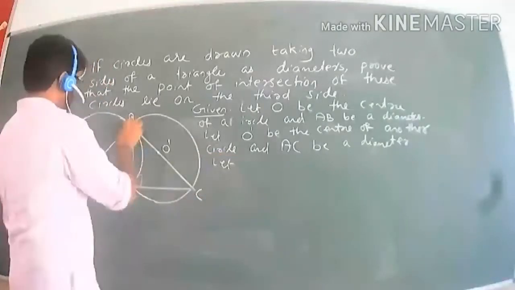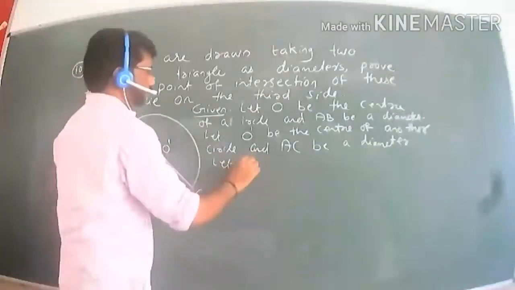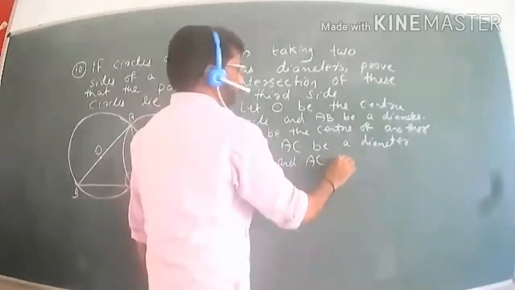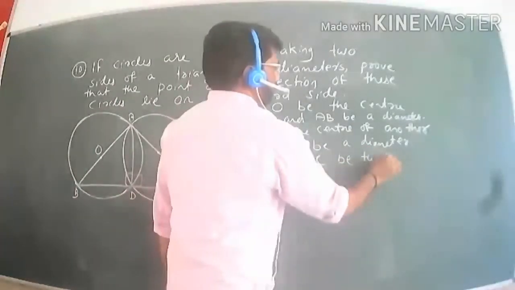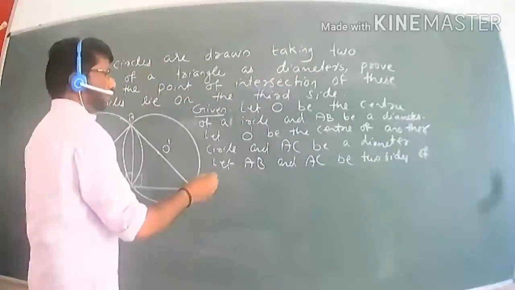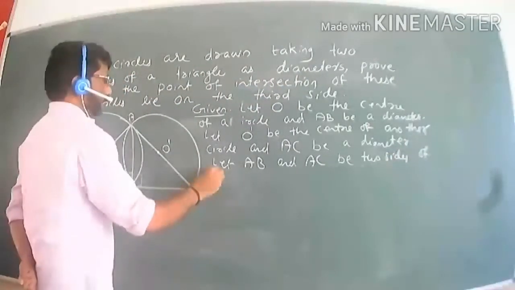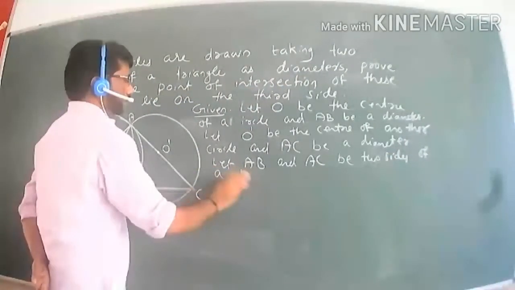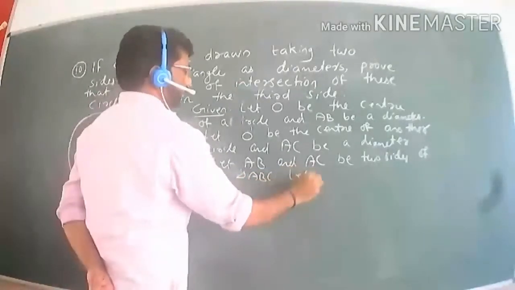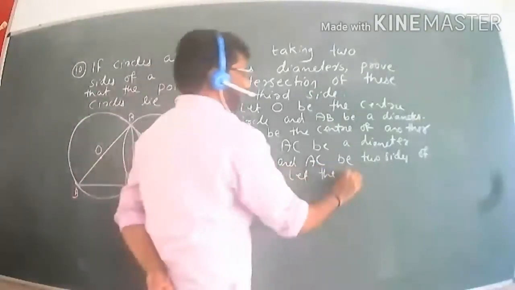Let AB and AC be two sides of a triangle ABC. Let the point of intersection of the circles